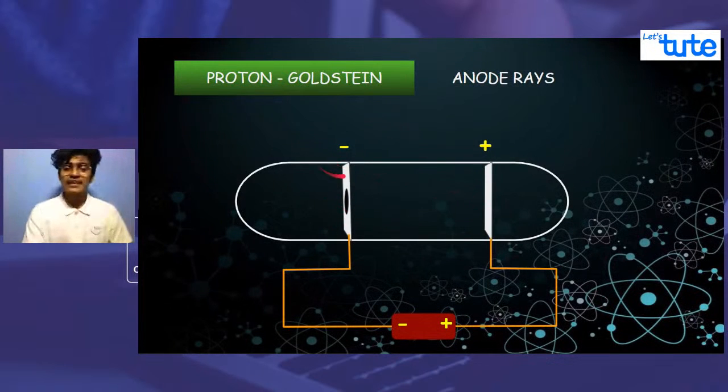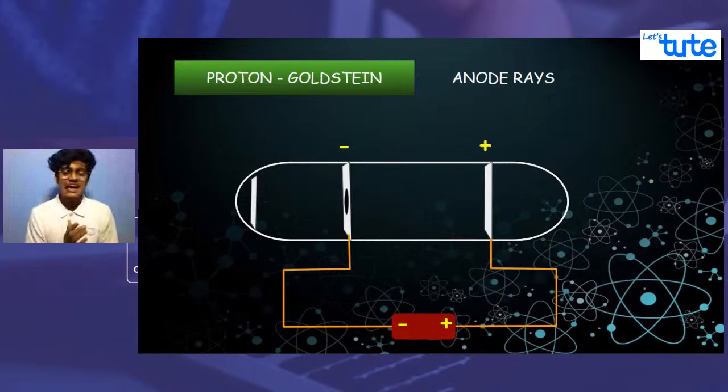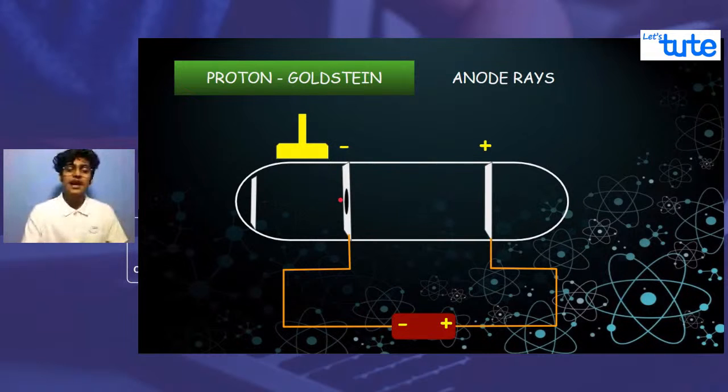So all the rays from the cathode used to pass to the anode, but also the rays from the anode used to pass towards the cathode. And there was a screen on which all the protons used to strike, and this screen used to glow. To confirm that these are positively charged particles, he placed a negatively charged plate on top of it. So all these protons used to get attracted towards that plate, and this is how he got to know that these charged particles are nothing but positively charged particles, and those are protons.